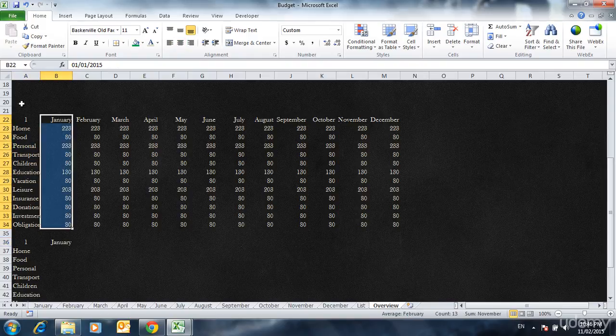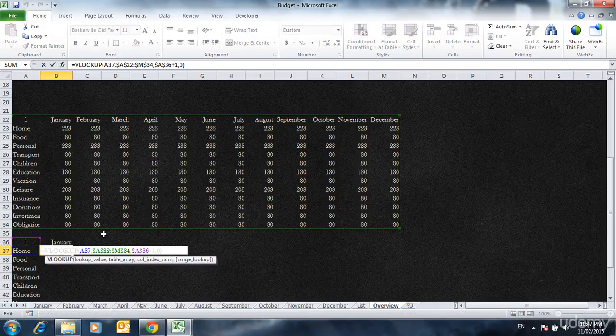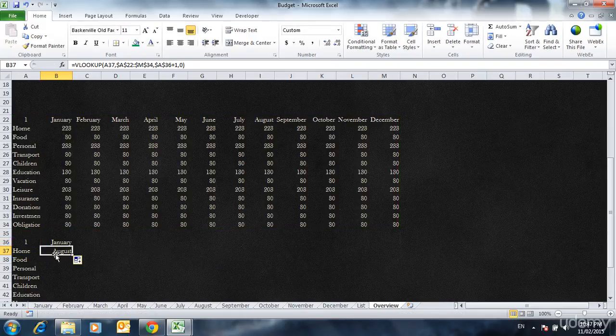If I change here to 2, it gives me February, which is the second month. If I write here 12, it gives me December, the 12th month. Okay, and over here just drag this, but it doesn't give me the correct amount,